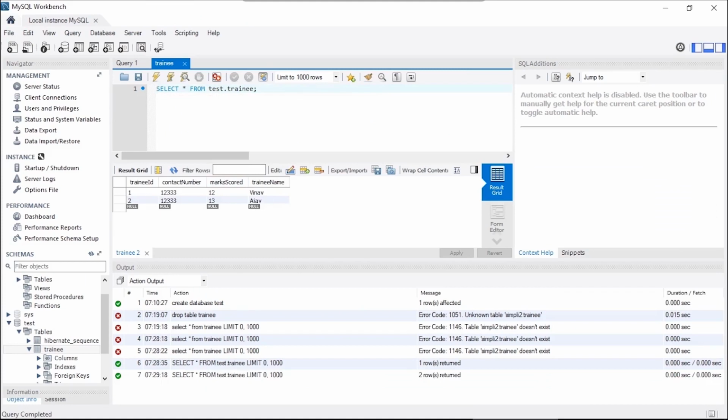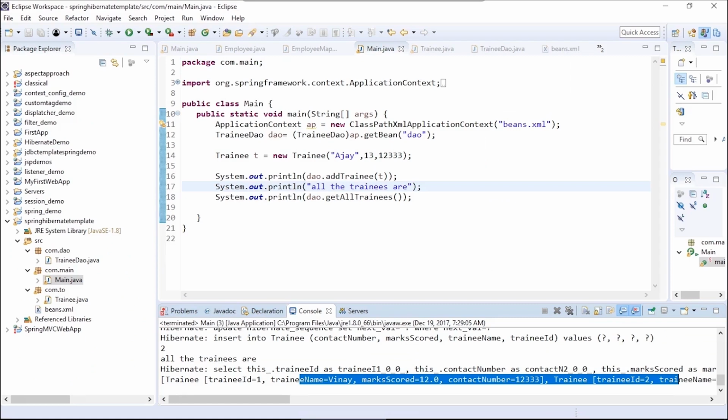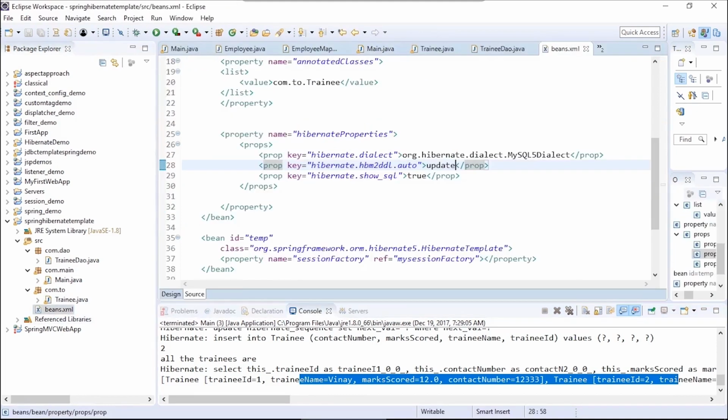So this shows us how it is pretty easy to set up the JDBC template using the Hibernate template option and outsourcing all of the hard work to Spring. So Spring will take care of managing all of the connection. We actually did not create a separate CFG configuration file for Hibernate. It was the single beans.xml that actually did the job for us.